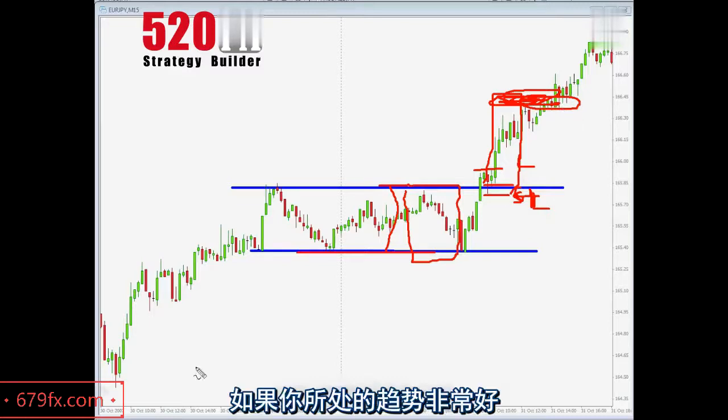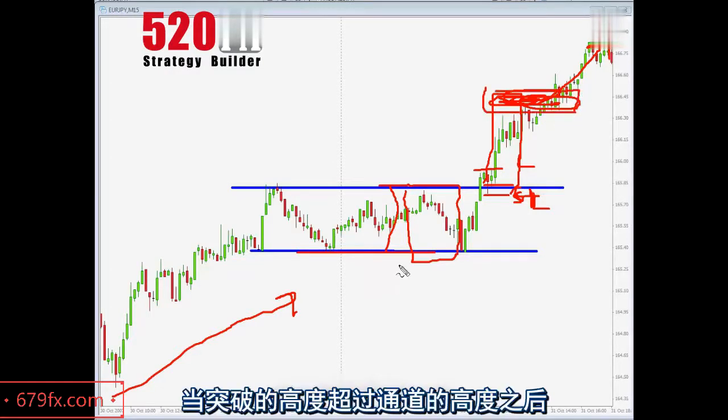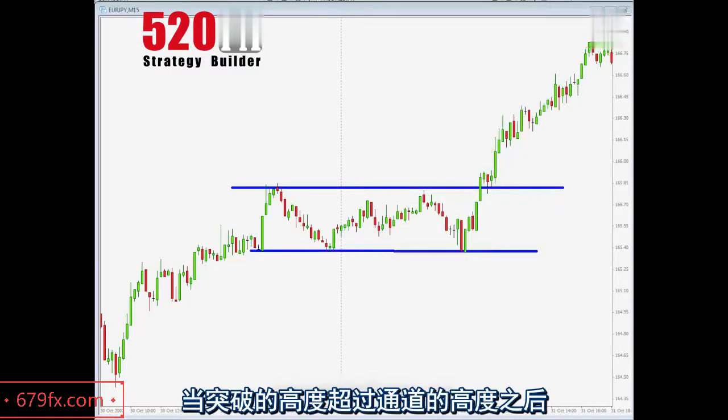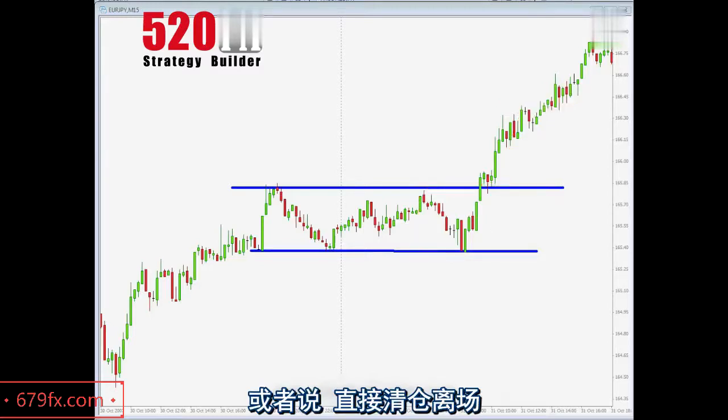If you are in a very nicely trending market, this definitely could potentially keep on moving for much more than those 50 pips. All I'm saying is that perhaps it might be a good idea to move your stop to break even at this level, once the range has moved its full potential width, meaning the full potential target. It would be a good idea perhaps to move your stop loss to break even around here, or perhaps take half of your position out at that level,